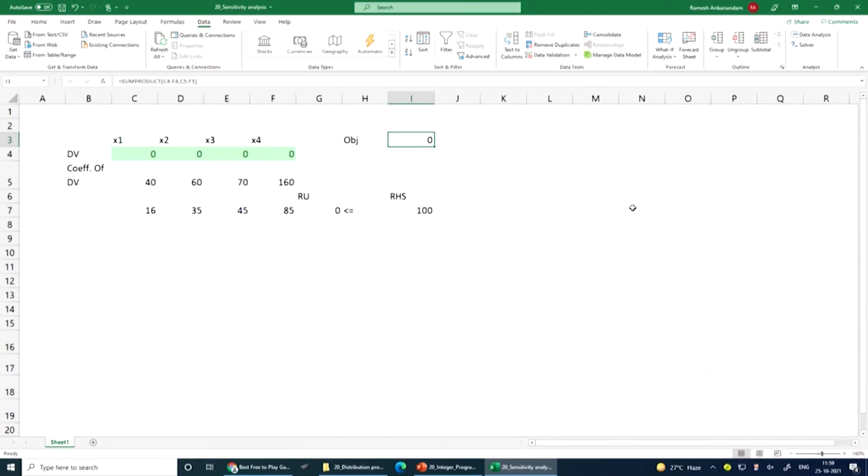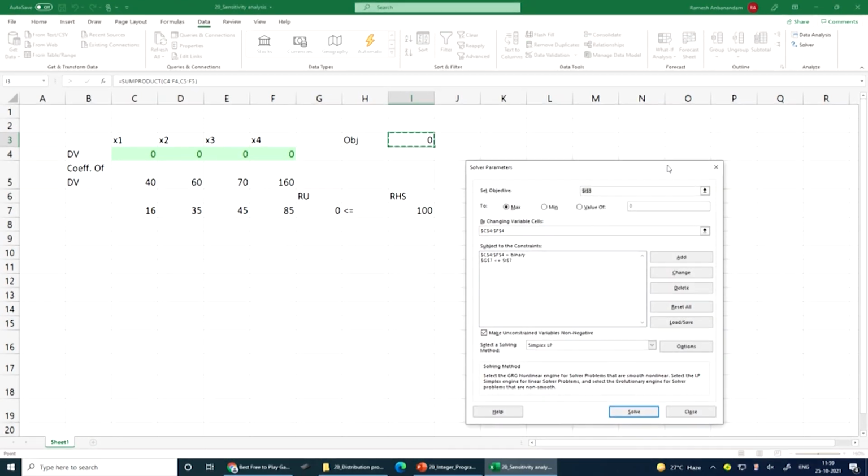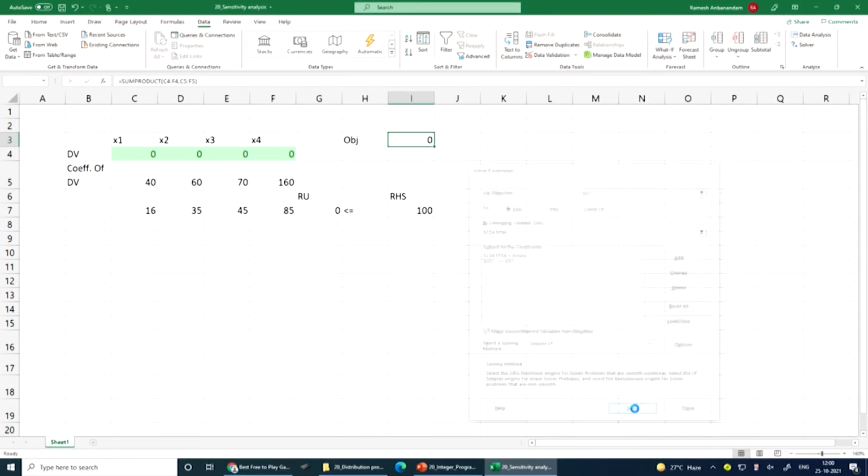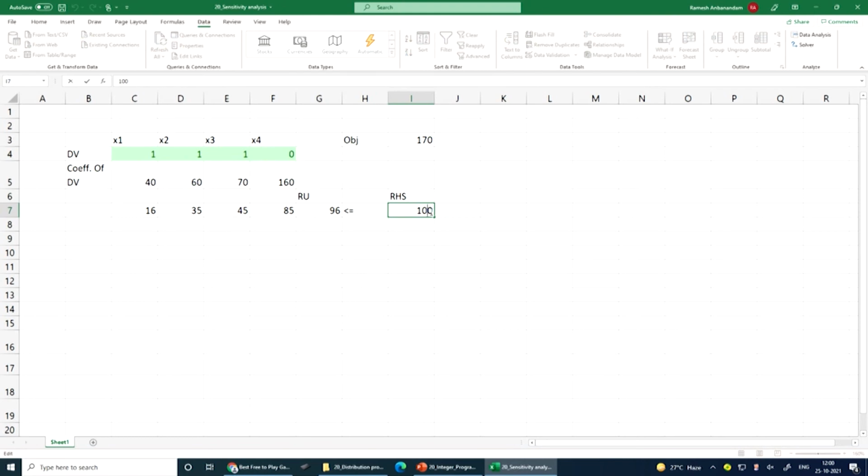Now I am going to explain the concept of sensitivity analysis in integer programming. So I have formulated the problem. You see the value of the right hand side is 100. So go to Solver. Look at this, the function is a maximization problem. C4 to F4 is binary. When I solve it, the value of my objective function is 170. Now I am going to see the concept of dual value. If I change the right hand side from 100 to 101,